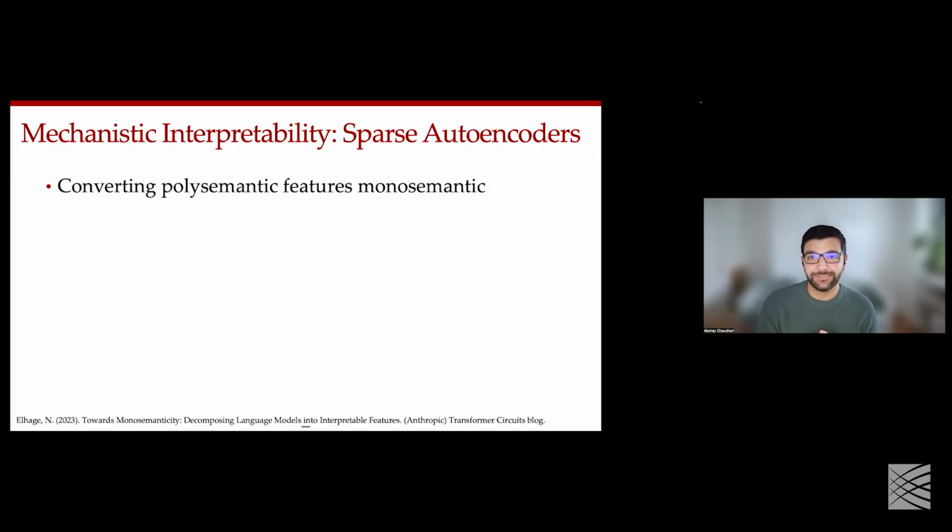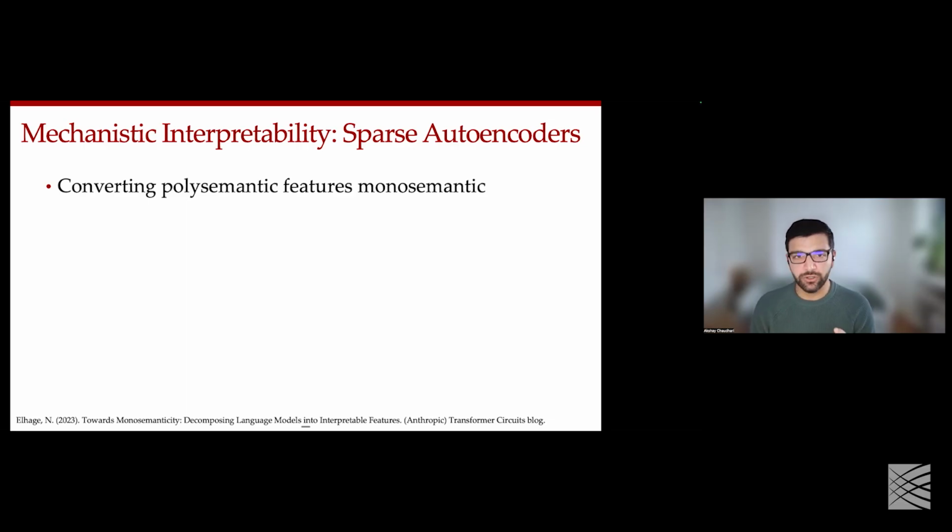A lot of this work is inspired by this notion of sparse autoencoders that were popularized by Anthropic a couple of years ago. And the high level premise here is that we can basically take these embeddings that come from foundation models that are polysemantic. And what that means is a single, say, 1,000-dimensional embedding contains information about a lot of different concepts. Can we go from these polysemantic features to a different set of features where each embedding only has information about one biologically relevant concept? So that's really going from polysemantic to monosemantic features.